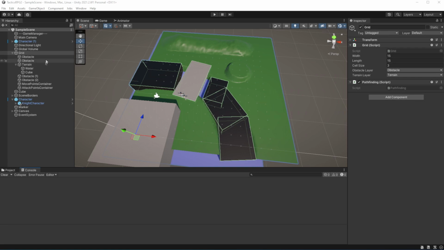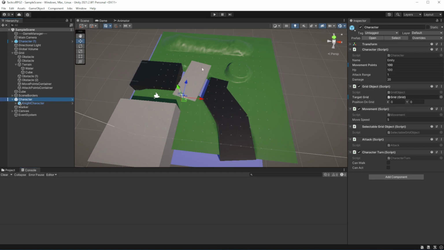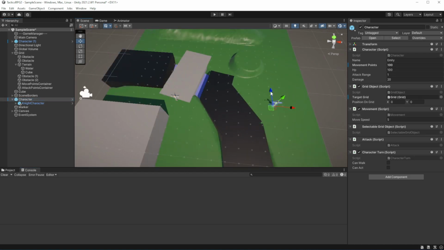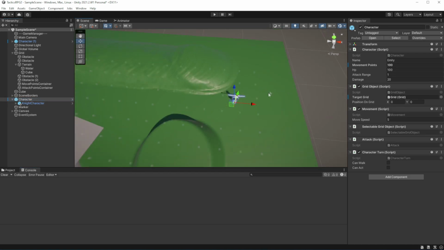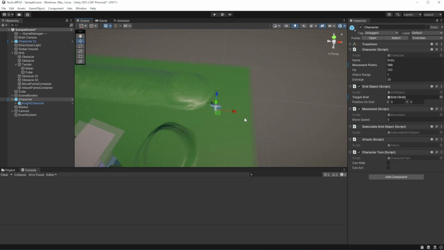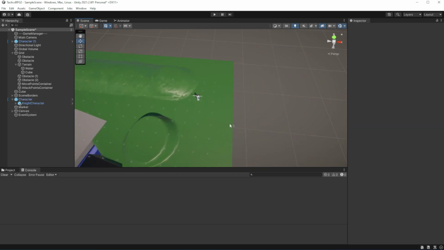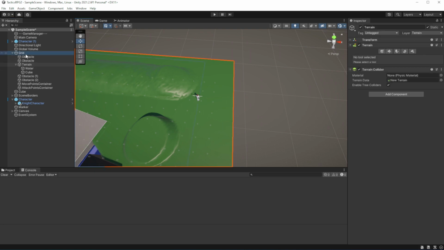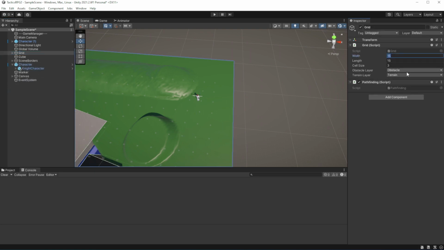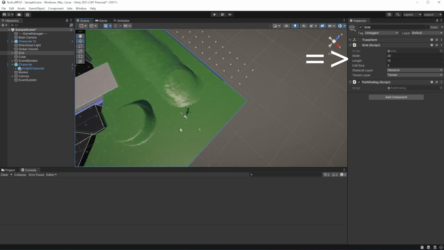Hey there. This is a correction to the next episode. You are seeing a sneak peek of State of Project episode 16, but the correction is relevant to what is going to be in the next episode. So listen carefully. If your grid is not square shaped, so width and length are not equal,